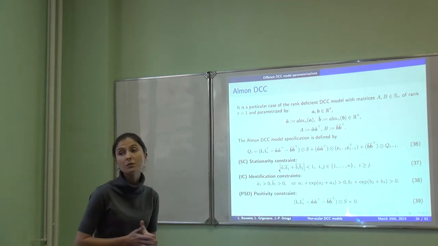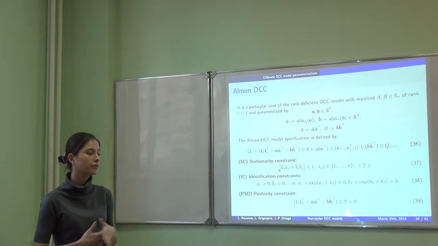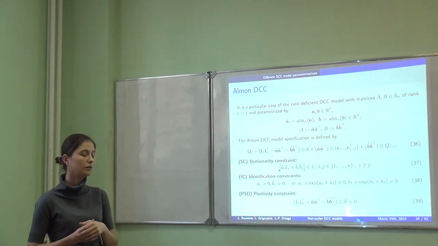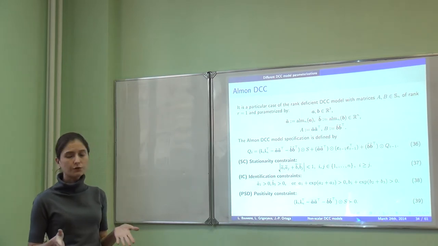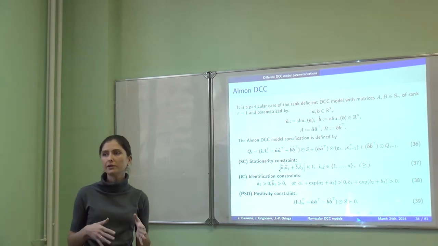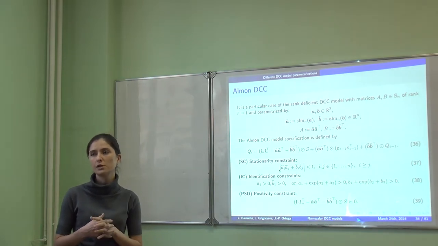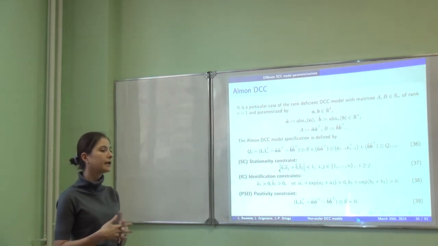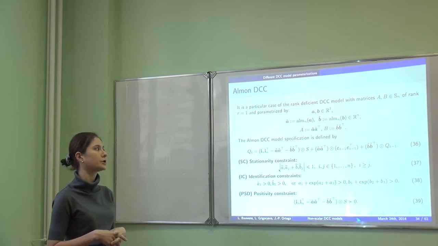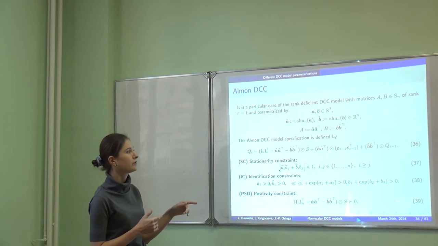So this is the Almon DCC model and the so-called Almon shuffle, which is just some kind of modification of Almon DCC. For those of you who have met in the literature such a group of models called MIDAS models, these models that are usually used in macroeconomics take the use of the so-called Almon function. So what is this function? I'm going to give you the profile just in a second.